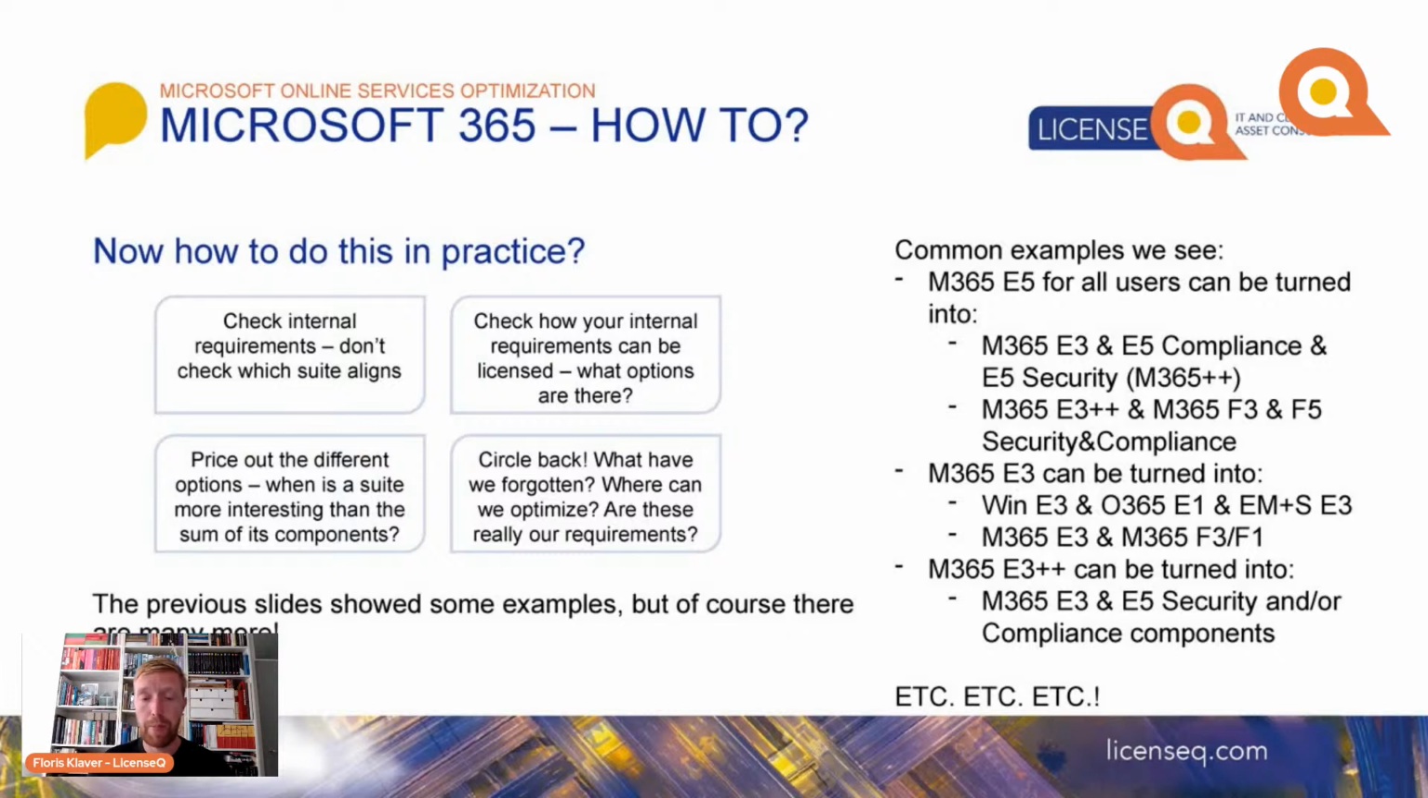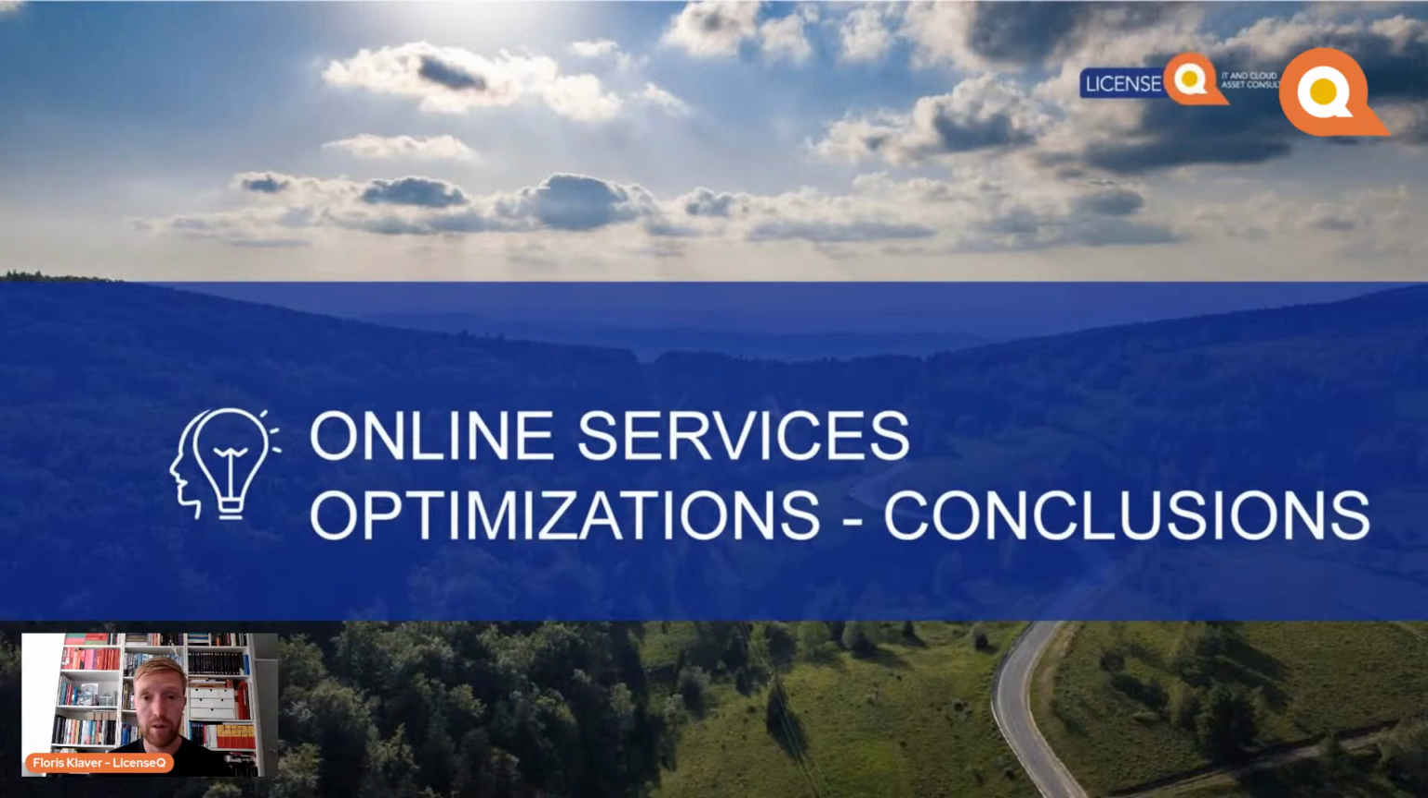And circle back. So you have done all the requirements check. You have checked which part of your organization needs which functionality. Did we do it right? Are we missing anything? Do we not need to license the Exchange Online plan to step up for these users, or should we? And what's going to be the benefit? So we put some final examples here. I will leave those for now for you to check yourself, because I see that we're quickly running out of time, and I want to move towards the final conclusions of this presentation,